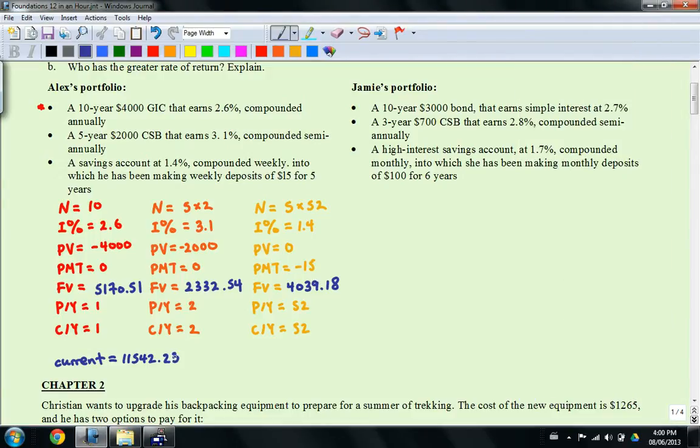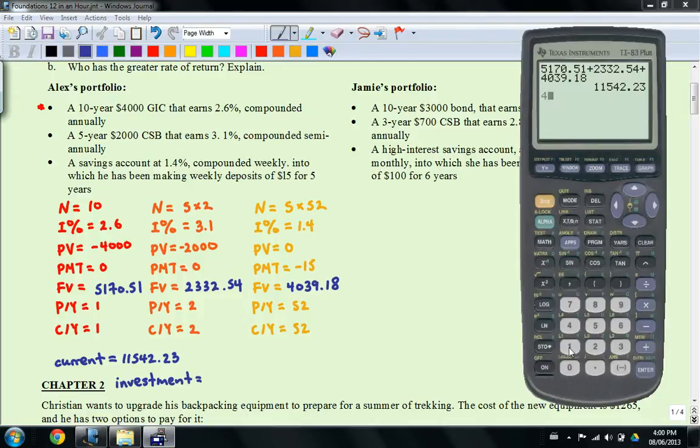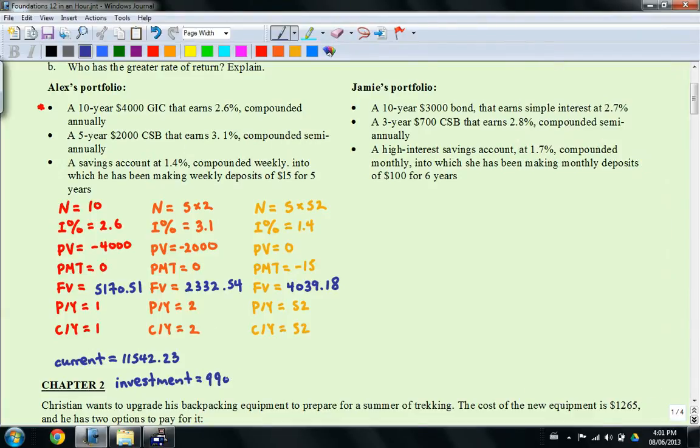And then it says to calculate the rate of return, or who has a greater rate of return. So what you need to do here is calculate the investment that was put in. You first consider $4,000 for the first part, $2,000 in the second part, and finally the last part is 5 years of weekly payments of $15. So you will see that $9,900 was put in